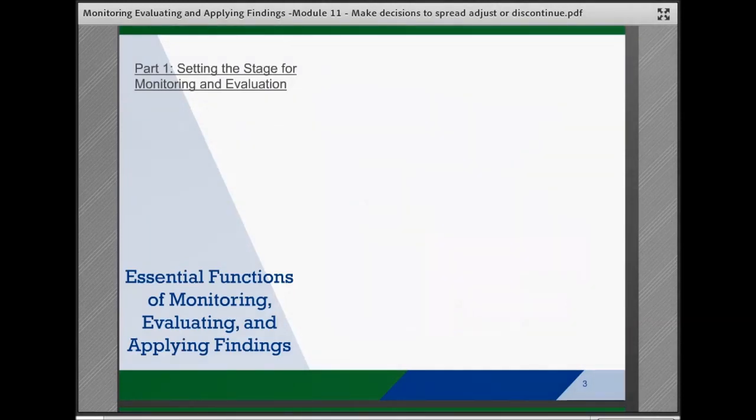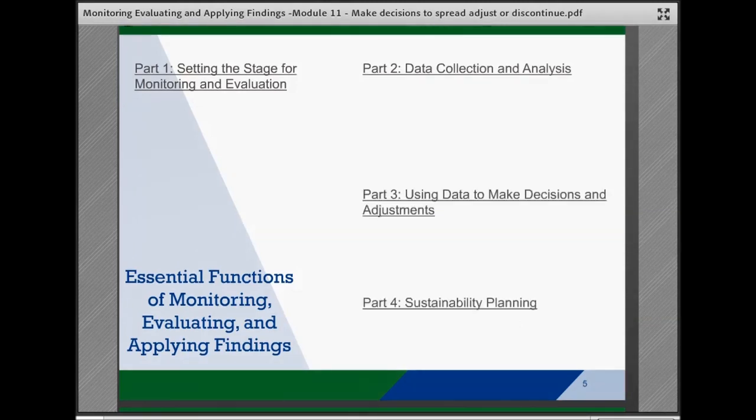It does this by providing step-by-step guidance to strategize and develop a plan for evaluation, collect and analyze data and consider fidelity and costs, and then use results to make decisions about ongoing efforts and